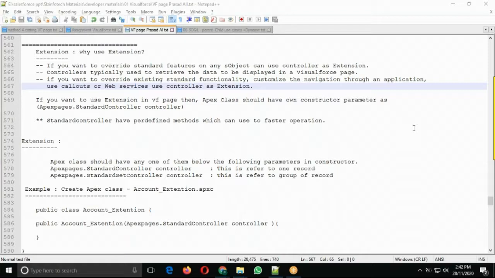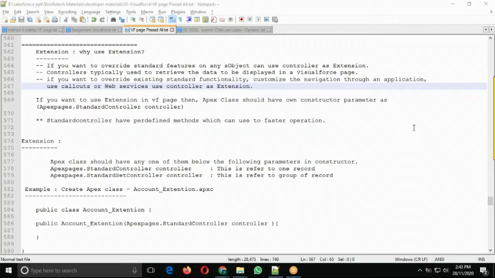The standard controller and custom controller we have already discussed. Now the last one is the controller as extension. What is the controller as extension? When we use the controller as extension, if you want to override the standard features on any sObject, you can use it.